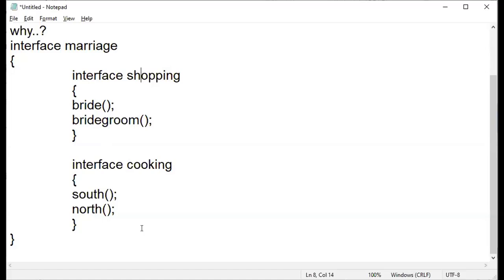If you are clear with the purpose, then we will see an example of how to go with a nested interface: putting an interface inside a class, one example, and putting an interface inside an interface, another example. Clear with the purpose? Right. So when we are clear with the purpose, let us start preparing one small example just to understand how we need to implement our inner interface.